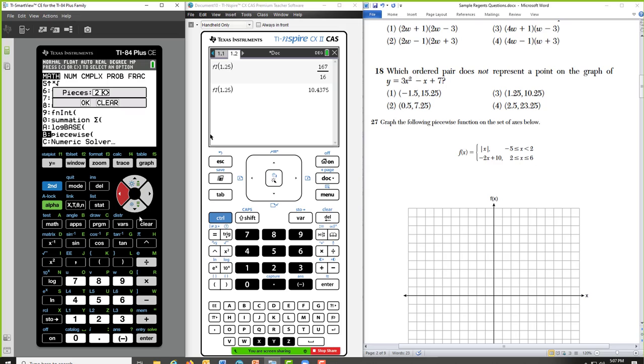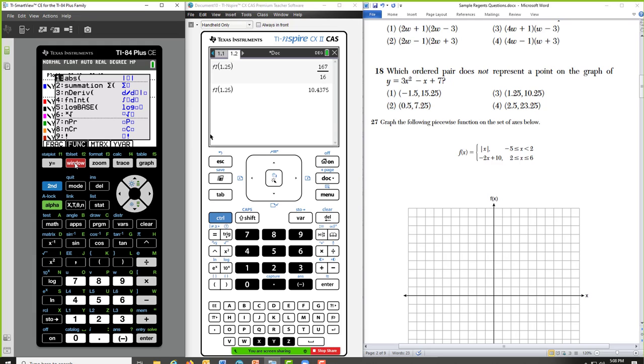I select it, and I look at the problem, and I see that there's 2 pieces. So I'll left arrow once to drop it down to 2 pieces, and then I'll select OK. That is a thing of beauty. I got to do it again. Absolute value of x. By now, most people know the math print is there. Alpha window. Absolute value. X. And the right arrow is in your cursor. So if you right arrow, you'll navigate this template with ease.